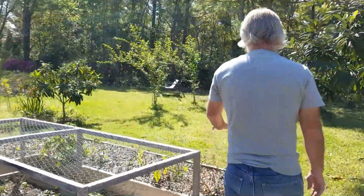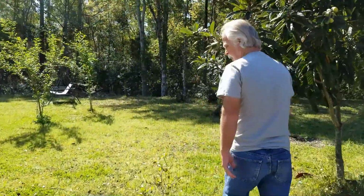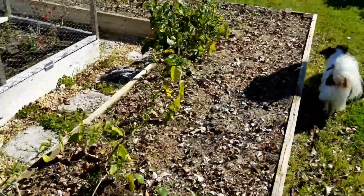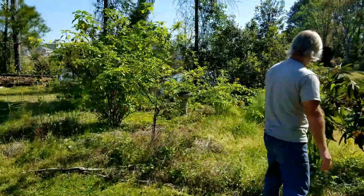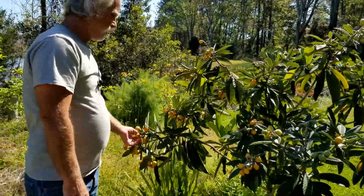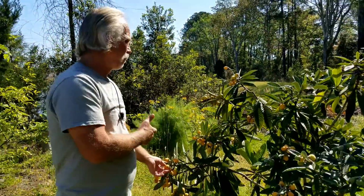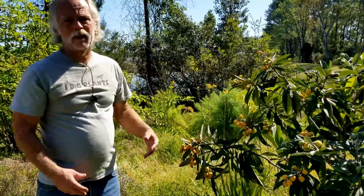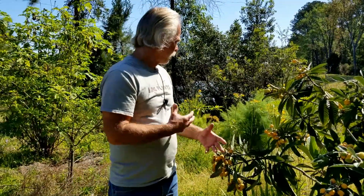you look around, my pepper plants died back. We did get a cold snap, but they're starting to come back with some peppers. But most important is that I have fruit. The nice thing about fruit is that you need vitamin C. This is a loquat, and they're very high in vitamin C and fresh nutrients that'll keep you going,